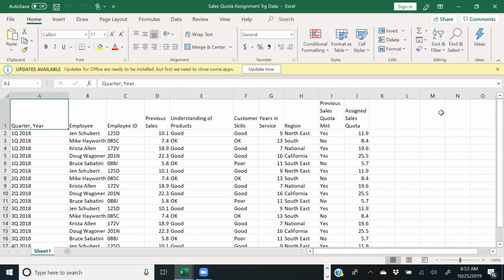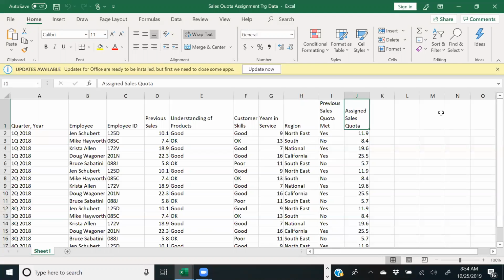Let's say in this case, you are a sales lead who wants to assign sales quota for the employees in your organization. Again, wish you had an intelligent machine that would learn your environment from various input variables, right? Like quarter, year, employee name, ID, previous sales in millions of dollars, how well the employee understands product, customer skills of the employee, years in service, region served, whether or not they met their sales quota.